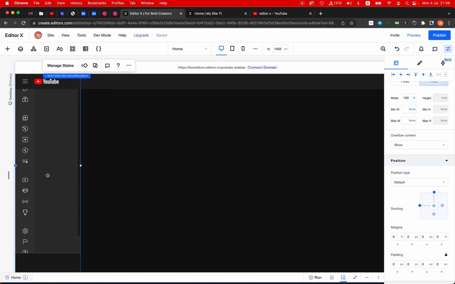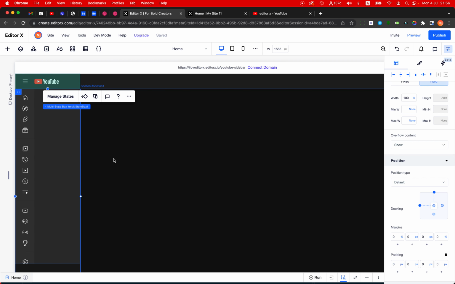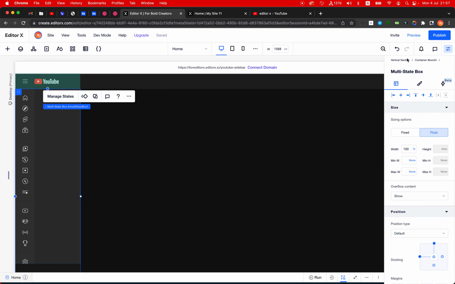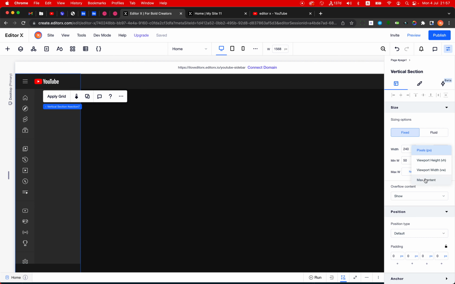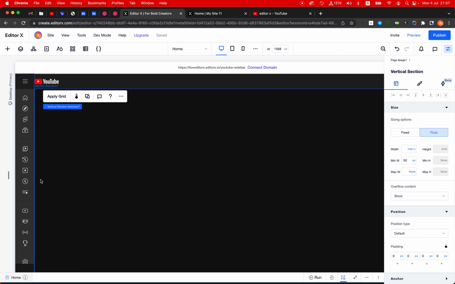All right, and we have, of course, the skull inside. We should have the skull. Yeah, we have it. And now we can go back to the vertical section and set its width to be max content. So now it should be 70 pixels. And it is, right? So if I select the multi-state box